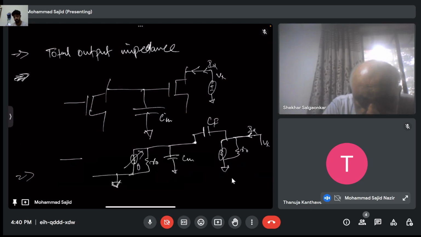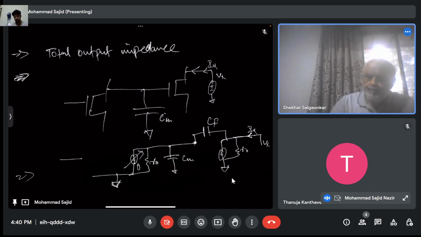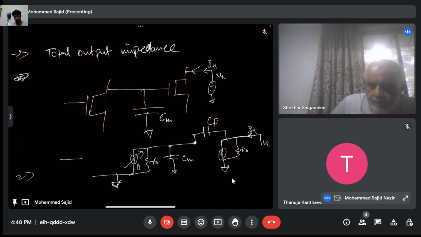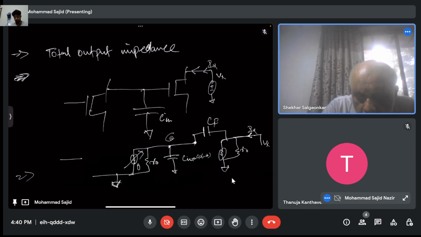If they use this, then you see here this will simply be CF times (1 minus A), right? But there won't be voltage in here, right? It will be zero. So at that time, your output impedance will be simply R naught. So I think you should keep it connected and calculate the output impedance.